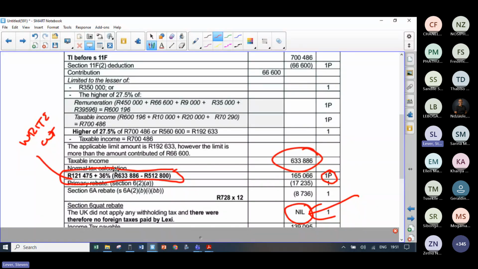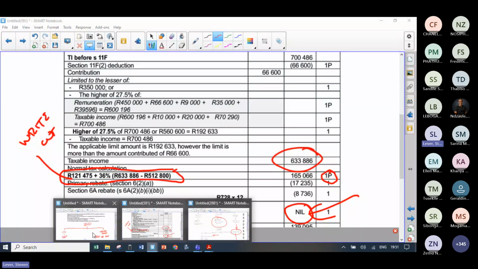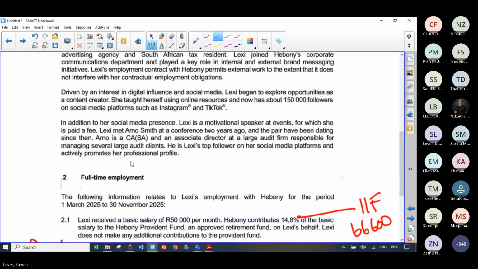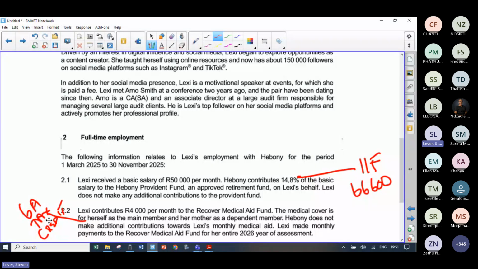Okay? And I just need to remind you, this is 11F, and then there's a medical thing. Remember what I did with you in the question. I said 11F there, 6A tax credit there. You need to make sure that you mark off what you need to do right at the end of the question, the 11F and the 6A tax credit. And if you mark it off while you're doing your paper, you'll just remind yourself to go back and do the 11F and the 6A tax credit itself. The question said you didn't need to do a 6B tax credit. That's why it's not done in the solution. So this gives you a little bit of an example.